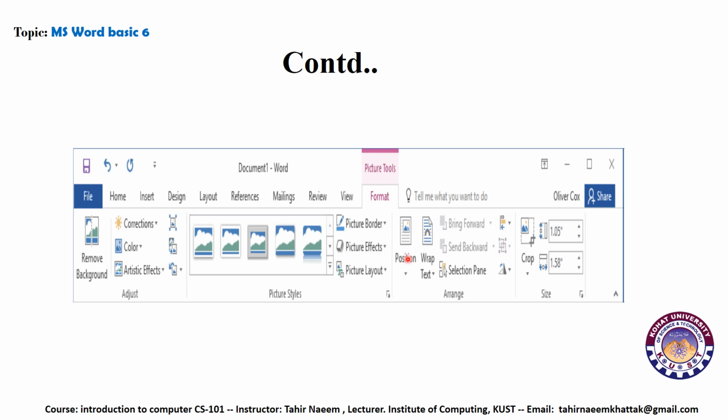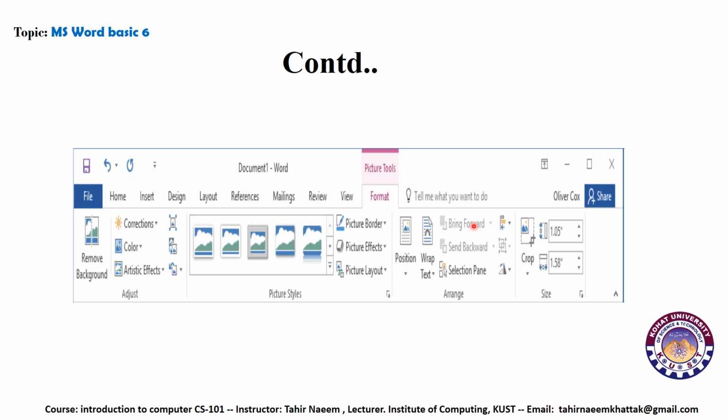We can also change the position of our picture, like if we want to write text, or we want to move it to the left side, right side, center, or wherever we want to place our picture, we can do it here. And we can also wrap text here.